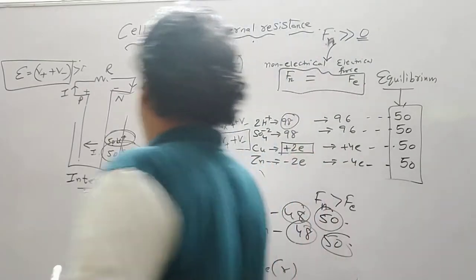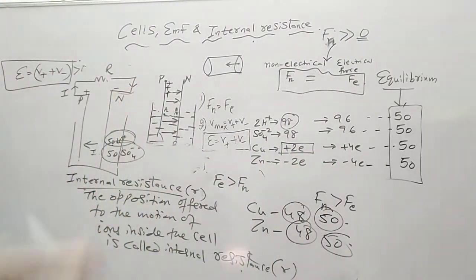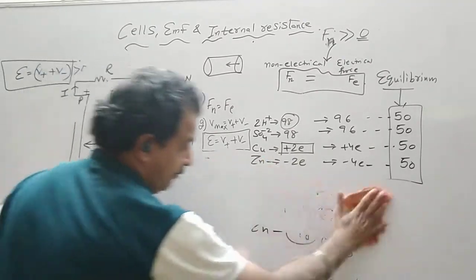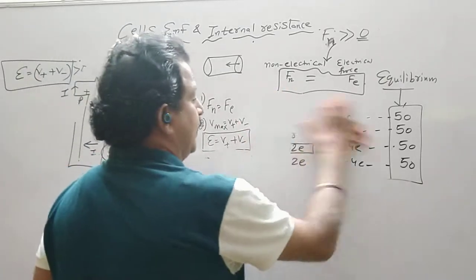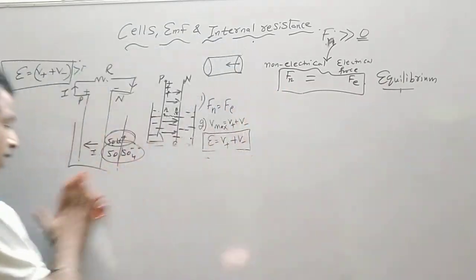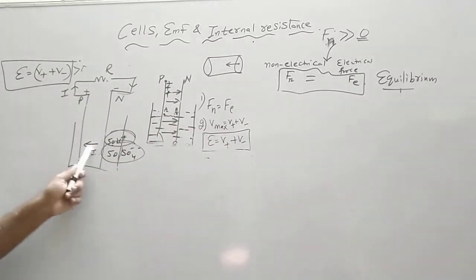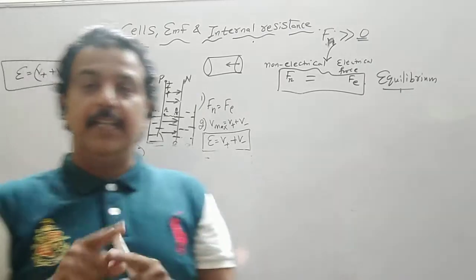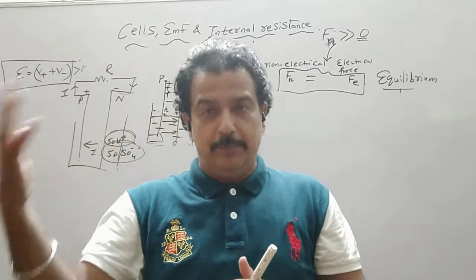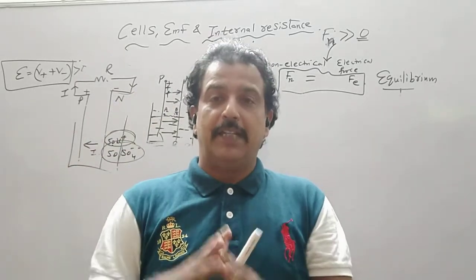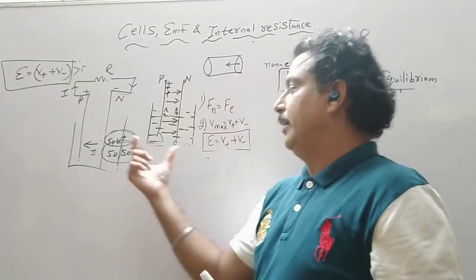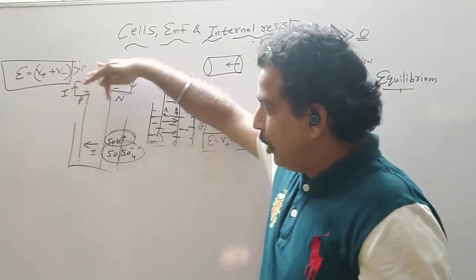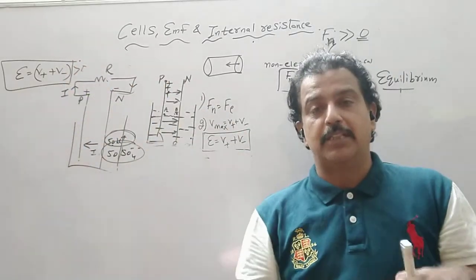So when the circuit is closed, this is called the closed circuit condition. So what is a closed circuit condition? Closed circuit condition is when the current is drawn from it, when the current is drawn from the circuit. Now as soon as we connect this cell to the external resistance, the ions start moving, and the motion of the ions is being opposed. This motion is being opposed due to the impurity, that is one factor. Otherwise, this motion of the ions is being opposed by the electrodes inside the cell, which are immersed inside it.